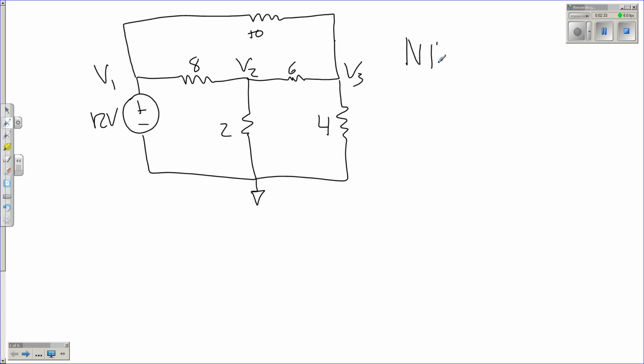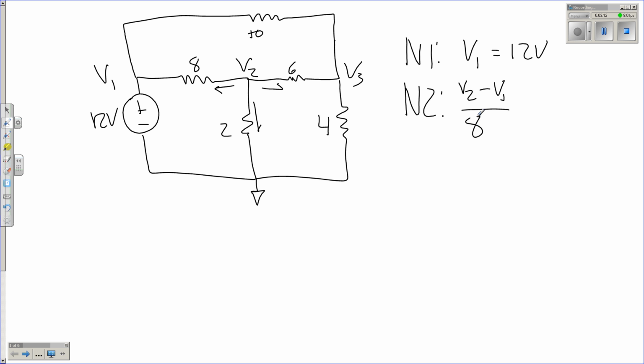And N1, my first node equation, I'm going to go with the easiest I can see, which is V1. And V1, of course, is just 12 volts, right? It's connected right there to that voltage source. N2, now this is where we start using Kirchhoff's current law. I'm going to sum all the currents as if they were flowing away from that point. Now, obviously I'm going to be wrong on one of these, but the math is going to hold up as long as I'm consistent. So in this case, I'll have V2 minus V1